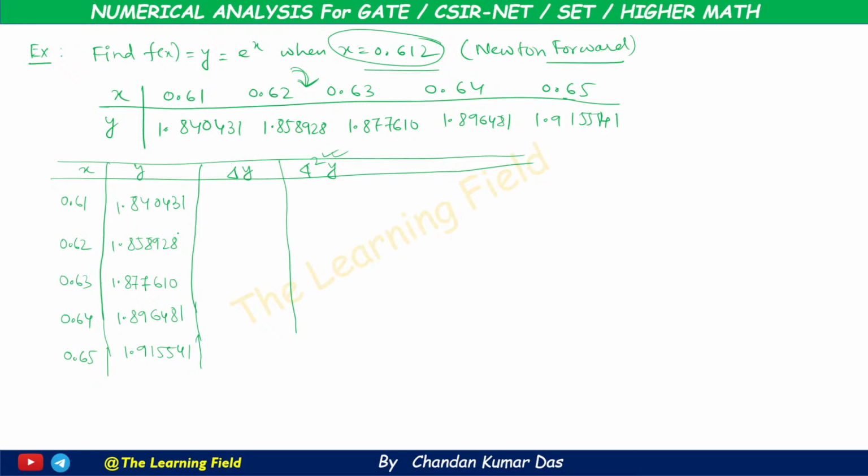Delta y means first we subtract this one from this one and write this position as delta y0. If we subtract y1 minus y0, we get the first difference, delta y0, which is equal to 0.018497. Then the second difference is 0.018